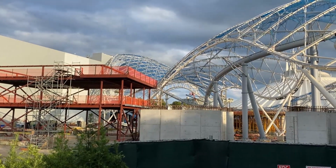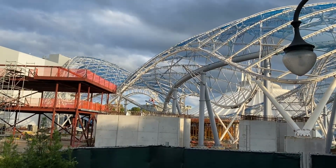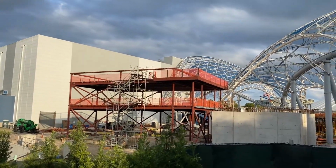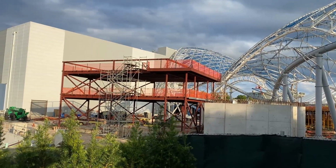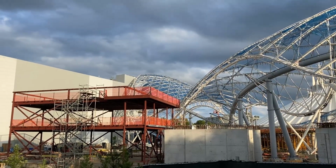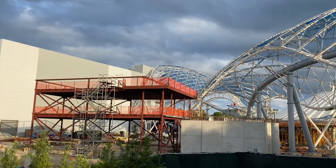All right, so right here in the line for the Barnstormer is, I think, the best spot to get a view of the new Tron roller coaster. You can see the domes, you can see the buildings. That red scaffolding was not there, not even a couple of days ago, so that is new. So they are progressing pretty well. And I will tell you, if you look carefully, it's kind of hard to see in the top corner there. You can see there's that large building and then there's an opening, and that's where the track actually comes out